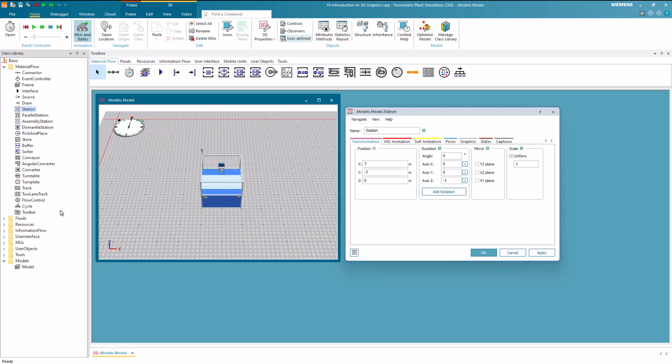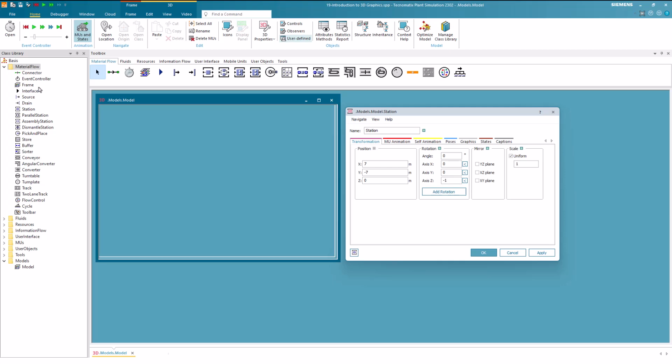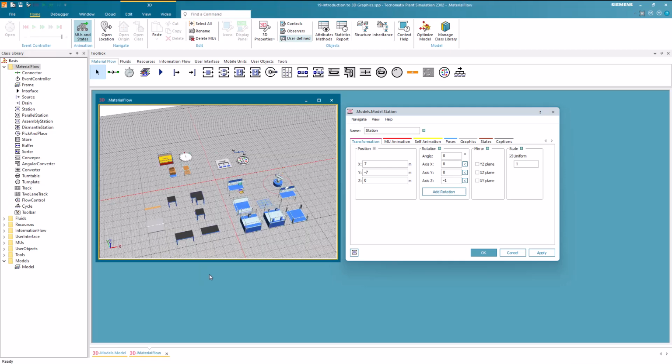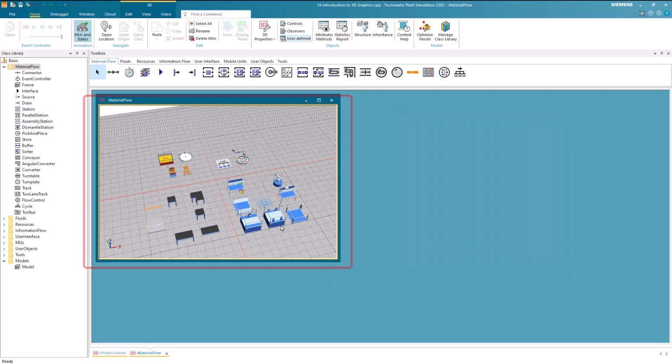To illustrate this, let's open the Material Flow folder in a 3D window. First, we see that the edges of the frame are yellow. This is an indication that we are in the 3D window of a folder. All objects that are not a frame would have green edges.